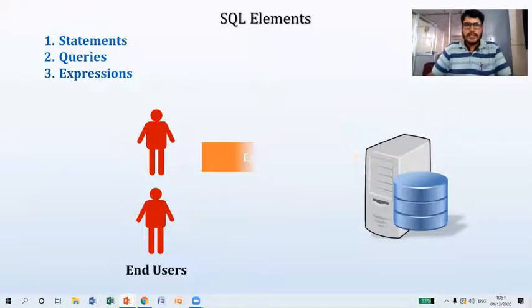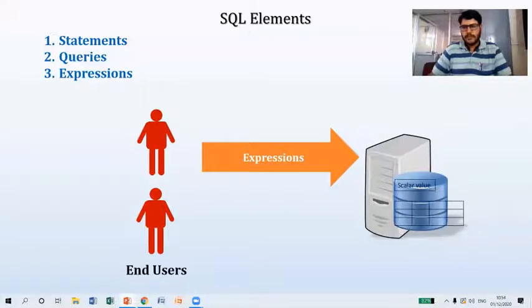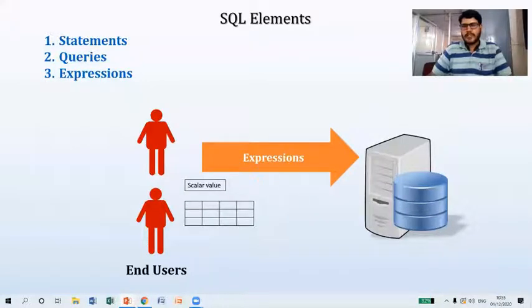The next element is expressions. Sometimes end users will use these expressions. Based on these expressions, RDBMS has to generate a proper response, which will be in the form of a scalar value, or sometimes the result might be in the form of a tabular structure. Say, for example, I want to find out what is 2 plus 2.